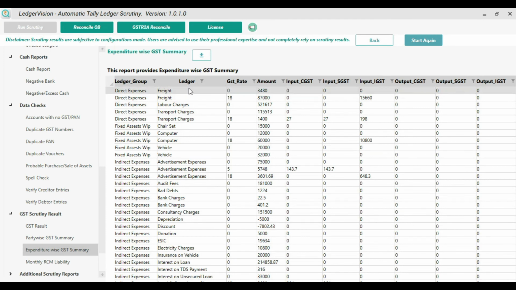GSTR 9 requires you to give details about total GST on services, GST on capital goods, and GST on normal goods. So by adding a column, this ready-made segregation is available to you. You have to just read the nomenclature and write whether it is service or capital goods or goods. And when you finish with the list, use a pivot table and you will get ready-made data as required by GSTR 9.